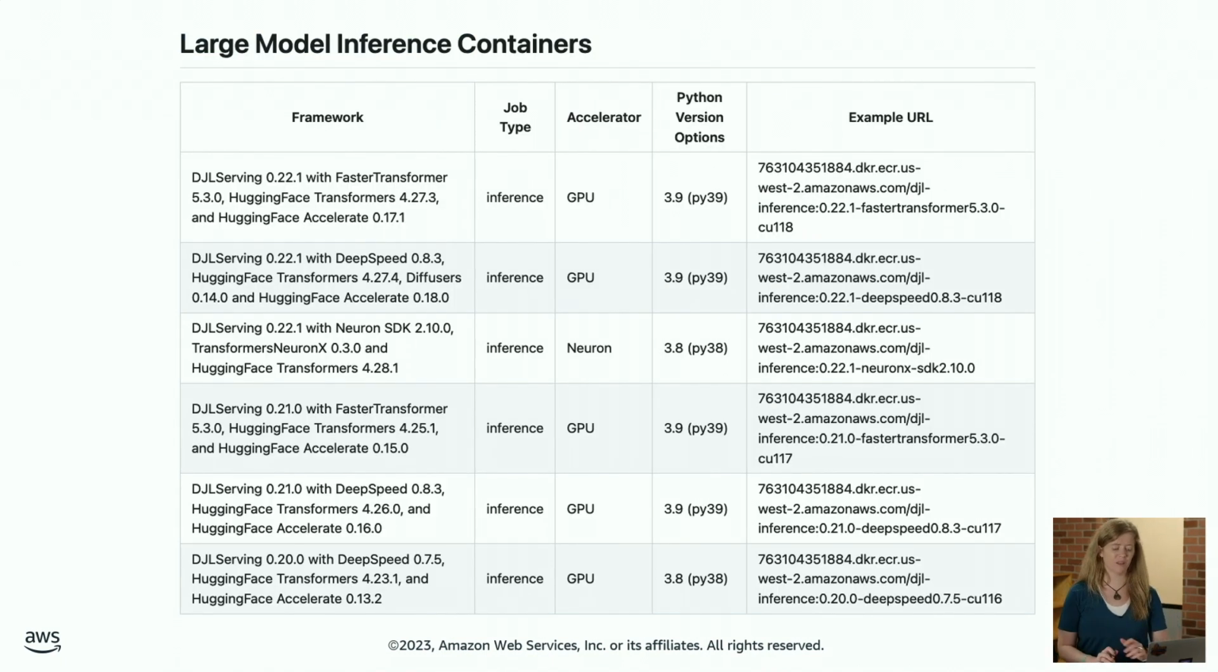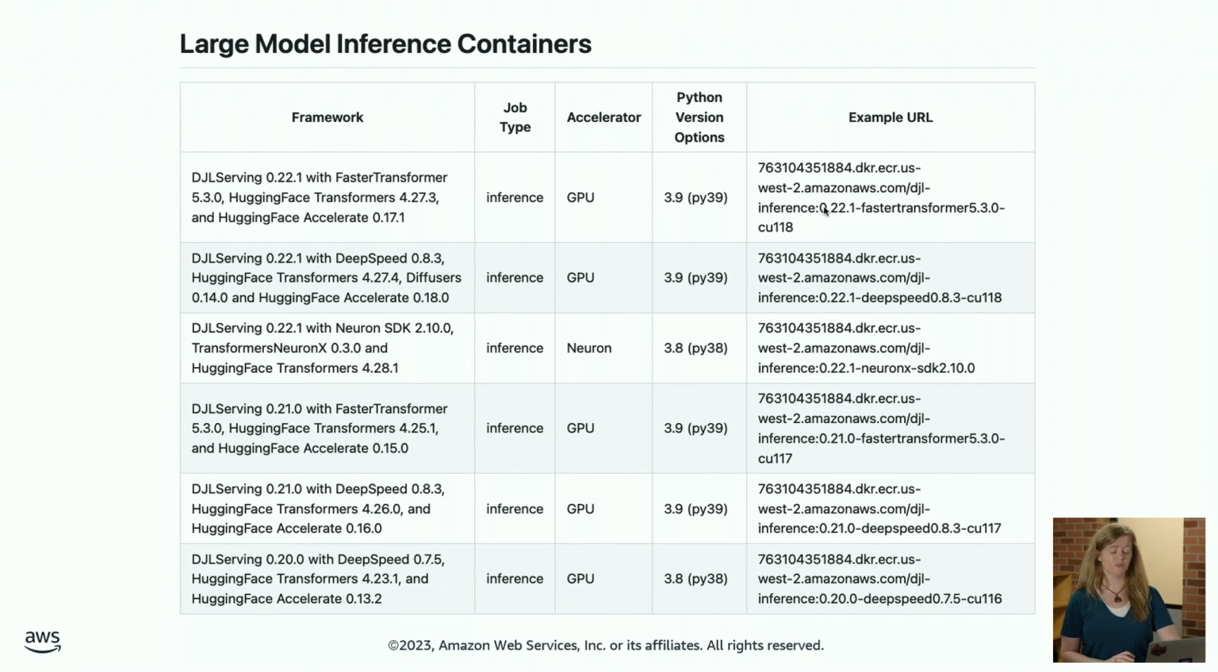So let's take a look at some of the latest. These are available on GitHub. It is the AWS Deep Learning Container repository on GitHub. And so here you can just see, again, posted online, our different frameworks: DJL Serving with FasterTransformer, Hugging Face Transformers, and Hugging Face Accelerate. And this is the inference container, so these are for all inferencing. And then different accelerators, right? So GPU, Neuron, latest versions of PyTorch, more recent versions of Python, I should say, and then the